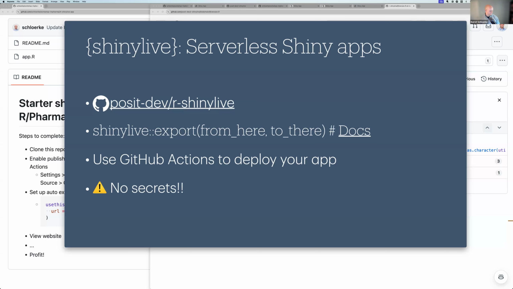I love this virtuous cycle, because it also does feel like Shiny Live is a Connect killer. Like, oh, we just gave away all of our money. But there's some infrastructure that we had to do, and there are no secrets. There is no centralized logging.